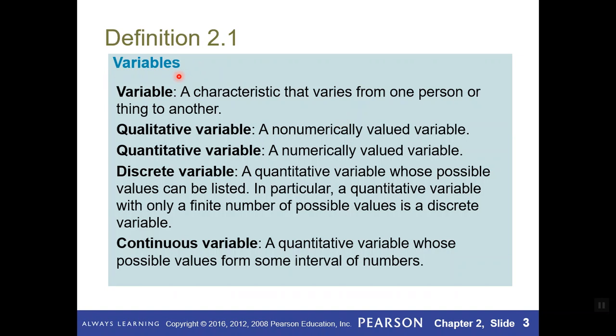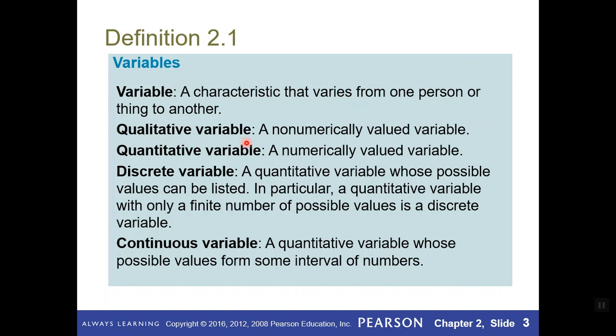A variable is a characteristic that varies from one person or thing to another. You can think of a variable like a storage device. You can store your information in that particular variable, the same as they have mentioned here, that it varies from one person to another. Yes, it is different from one to another. The next one is